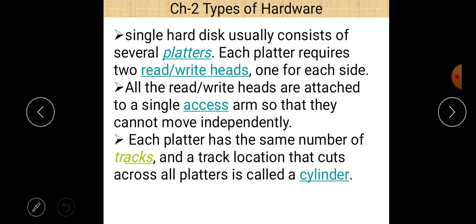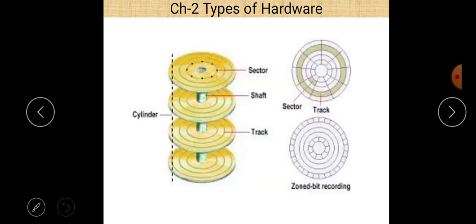One read write head is for each surface, and there is no read write head on the top of the disk and at the bottom of the disk, so we are not able to read and write data on the top and bottom of the disk,